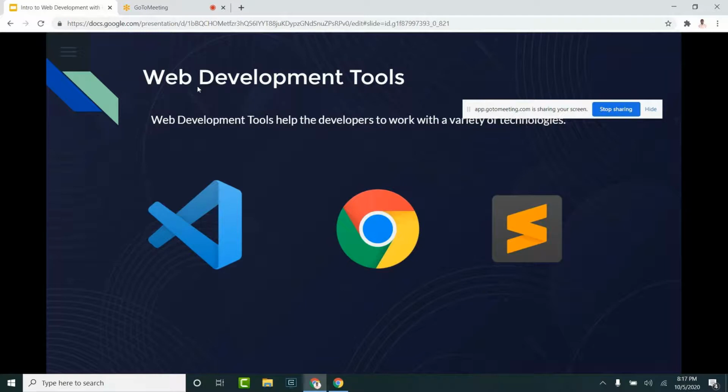So when we talk about web development tools, we talk about the tools a web developer uses to achieve or design a website. Just like when we talk about a carpenter, we could associate carpenter's tools like hammer, saw, chisels, and the rest of that. So when it comes to web development, we talk about things like Node, we talk about things like NPM, we talk about the browsers, we talk about VS Code, Sublime Text, Notepad, depending on what you're using to develop your